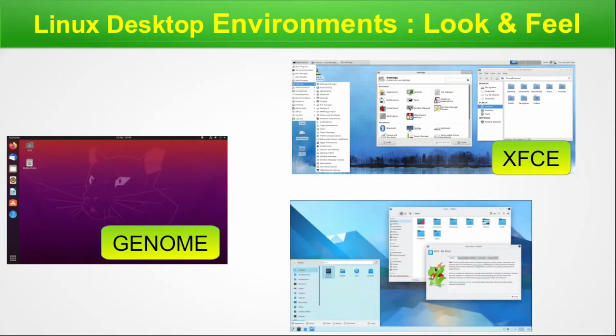The third one is called KDE Plasma. You can see from the very beginning, it has a menu bar and all, which looks kind of like Windows. KDE can be found in the Kubuntu installation. So these three major desktops can be found. If you are logging into a particular Linux-based machine, you can come across any of these three desktop environments. So you will not be shocked that, okay, I learned a particular desktop environment and now it looks different. No, there are several distributions, and you are now familiar with most of them. We are done with this particular slide.